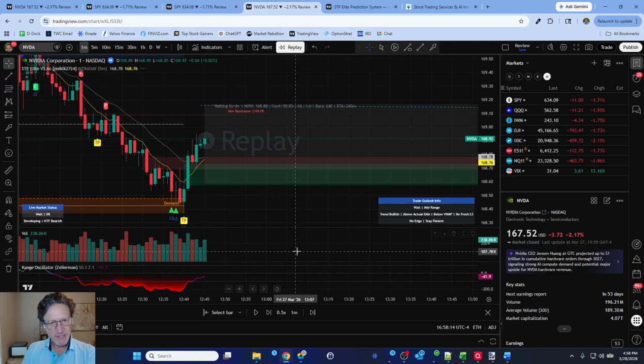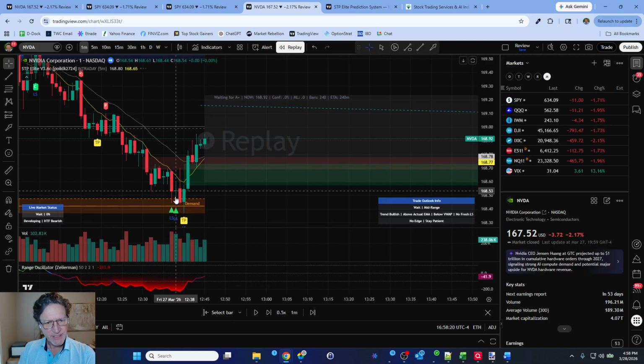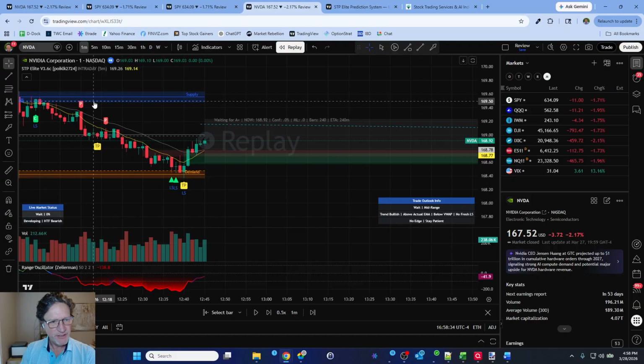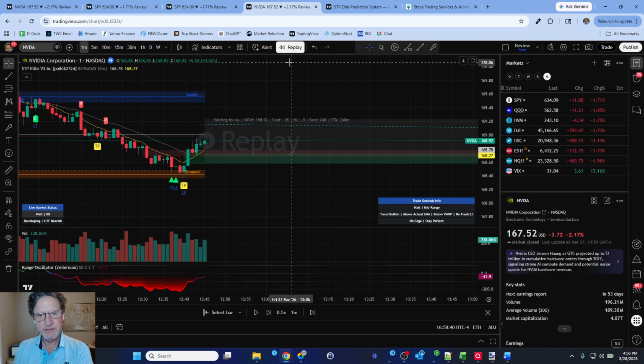Again, I just paused it here, and you're going to see we blew through some support. We've passed through a fair value gap. Again, we had liquidity sweeps that tried pushing the price. Here we've told you to take profit on this liquidity sweep because this put is failing. And you could have traded this between the supply and the demand. It's pretty clear to see it here when you zoom out and you cancel this